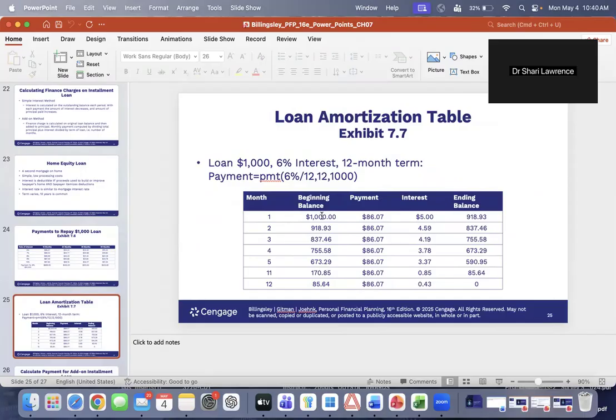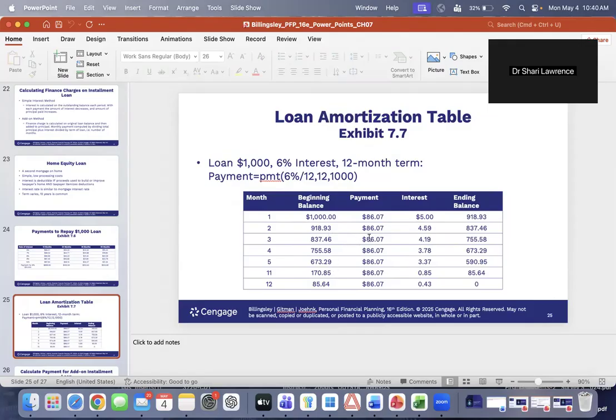And so this is wrong because, let's see, this is 5%, not 6%. But anyway, they're saying 6%, but $5 off 1,000 is actually 5%. But forget about that for now. What I want to show you is how the interest payments that you make decrease as you go throughout the loan, as you make payments, and how the balance decreases.